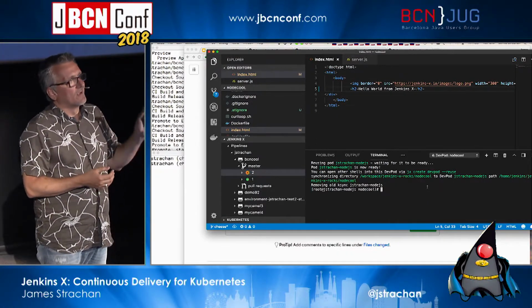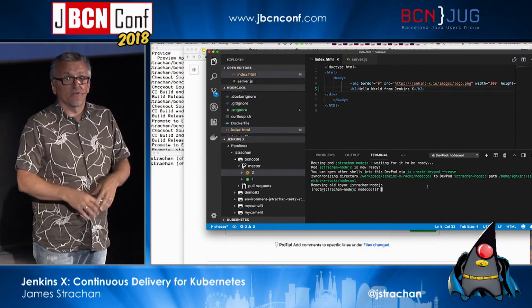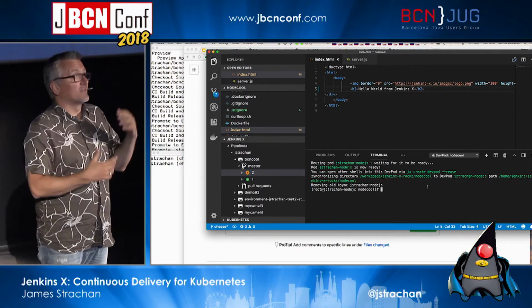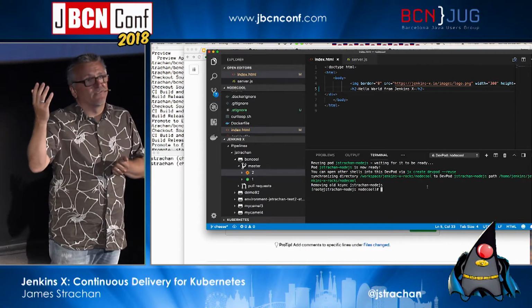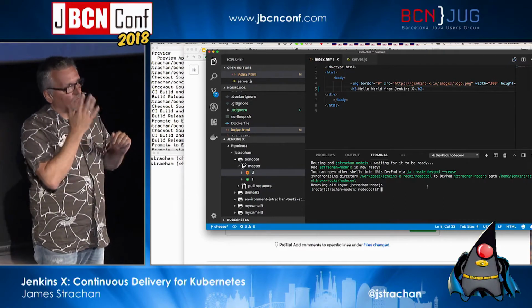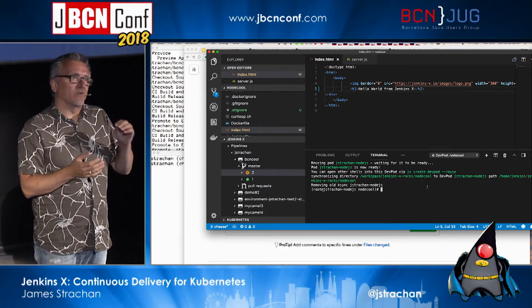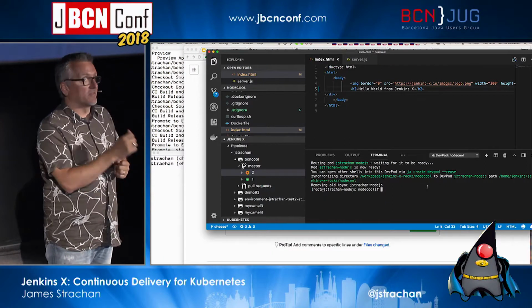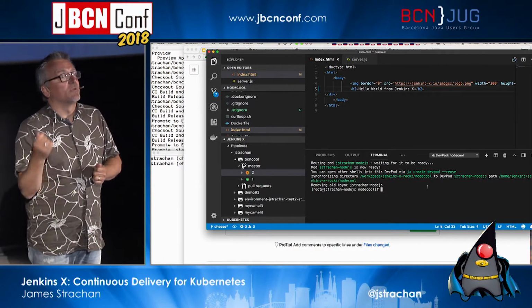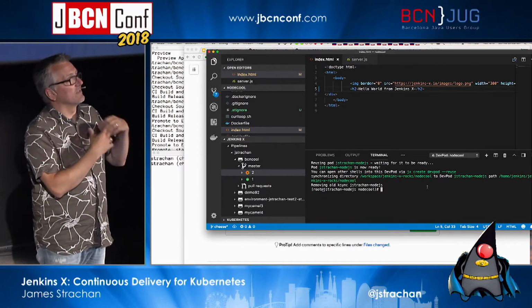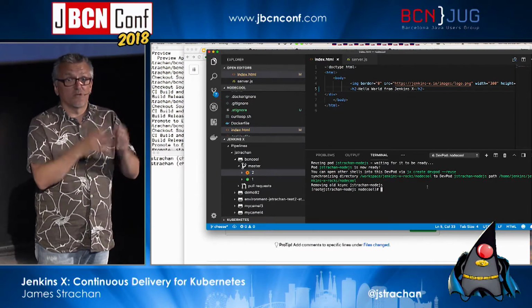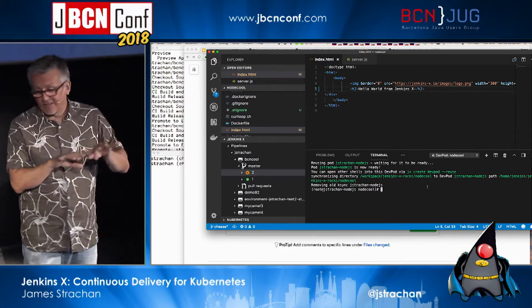So that's cool. However, often your developer laptop has got all sorts of random things on it. It will almost certainly have a different version of Maven, it might have a crazy different version of Git and so forth. So what we do with a dev pod is, a dev pod reuses the exact same tools that the CI and CD pipelines use, but it lets you use the same tools at development. It basically gives you a shell, a terminal,